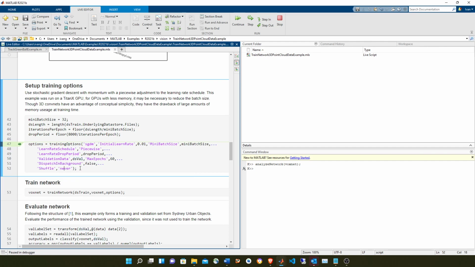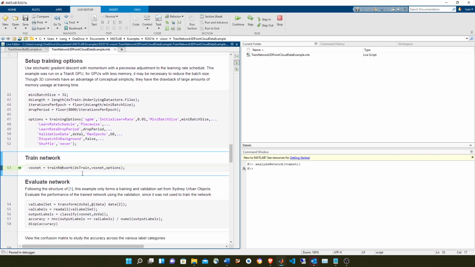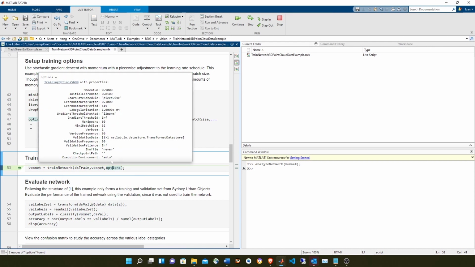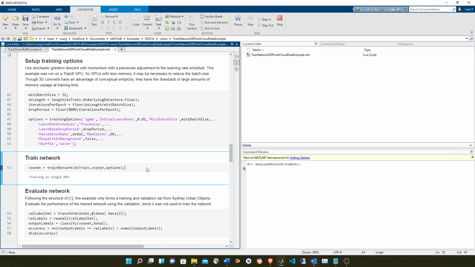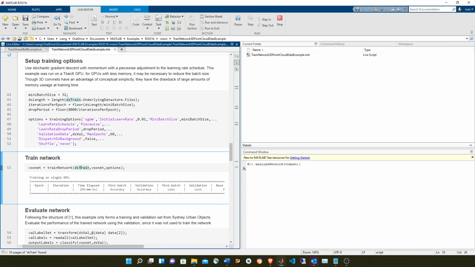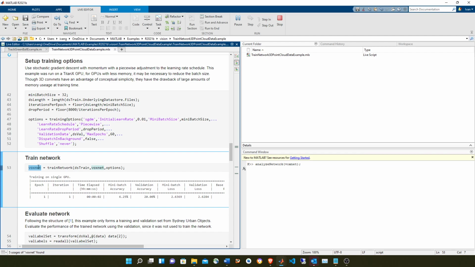We're not going to do shuffling, so we have a training options, and now we just execute the train network command, which takes as an input the data store for training, the neural network, and the options that we just created. And the output is going to be the trained neural network. So if you want to deploy this to an embedded system, you just have to save this boxnet into a mat file,